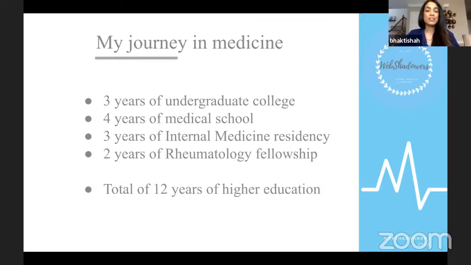Now, internal medicine is a very broad field. You can practice as a general internist, which is usually your primary care doctor that you see, or you can do a subspecialty, which is further specialty training in internal medicine. So you'll hear of many fields: cardiology, gastroenterology, endocrinology, rheumatology, infectious disease, nephrology. These are all subspecialties of internal medicine.